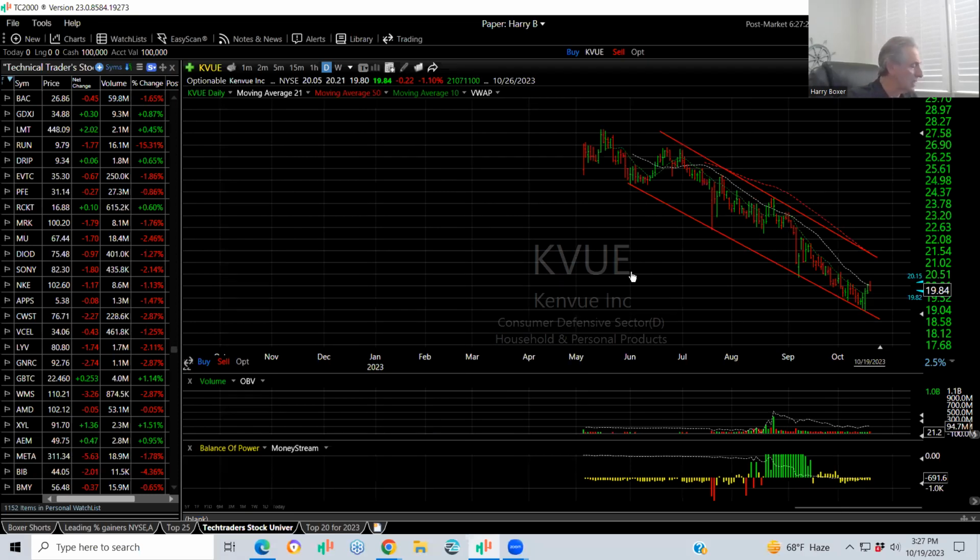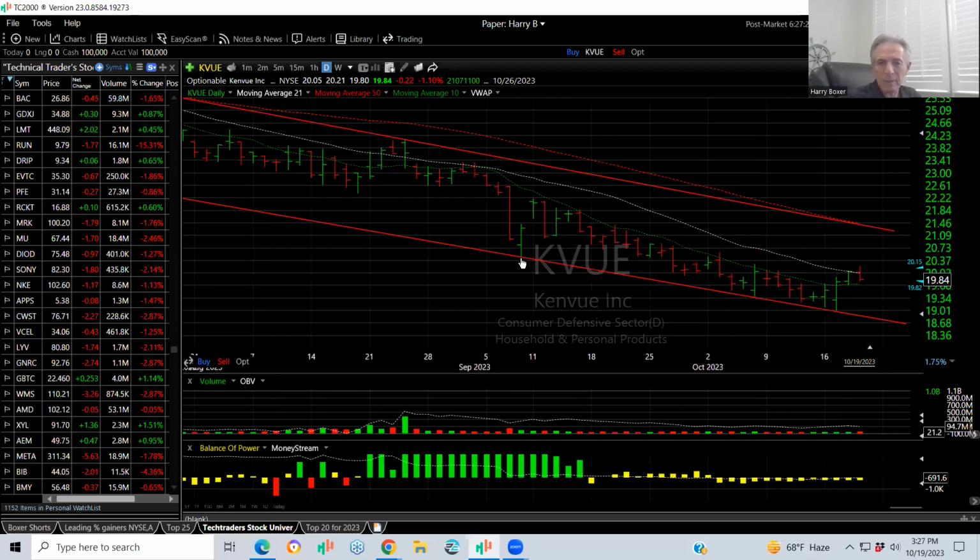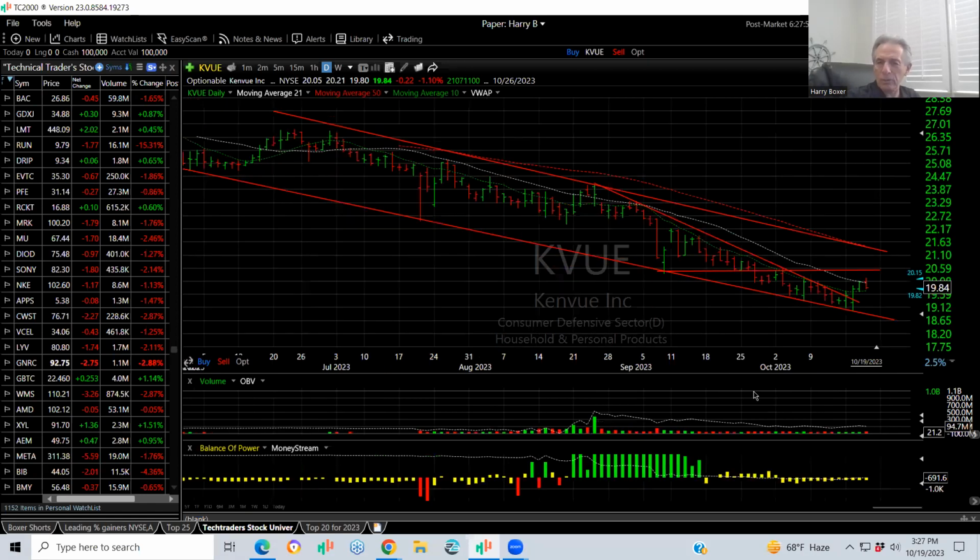Now, in this case, it's already bounced. See this low in here and that high across there? My first rule of trading is that it's got to take out the prior low and a recent high to be legitimately back in an uptrend. The first thing you want to do is see the very short-term downtrend or falling wedge broken. So that's criteria number 1 met. Another criteria is volume. This has no volume in its rally. Usually when a stock goes up on low volume within a downtrend, it's going lower.